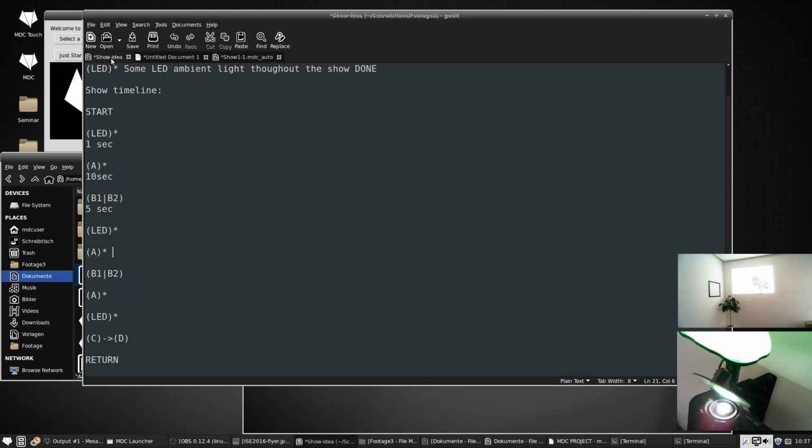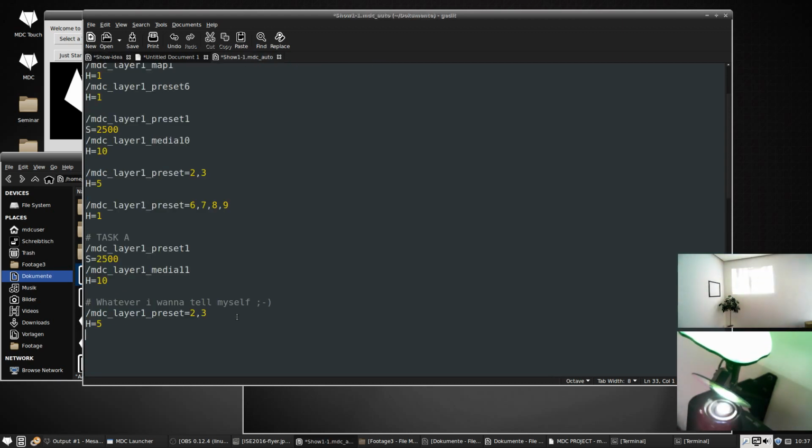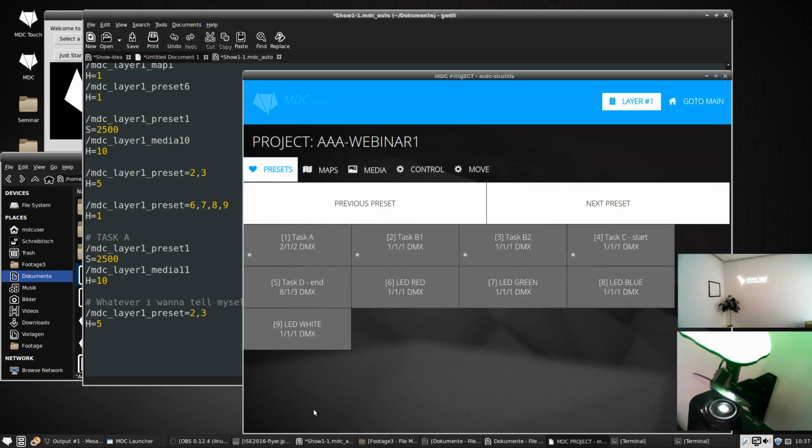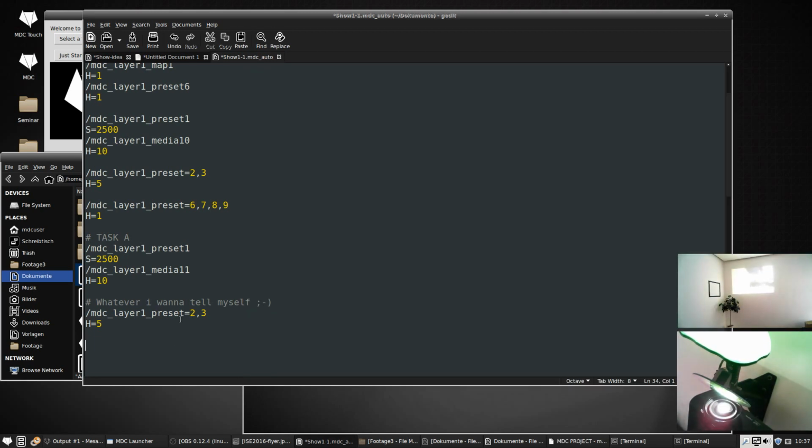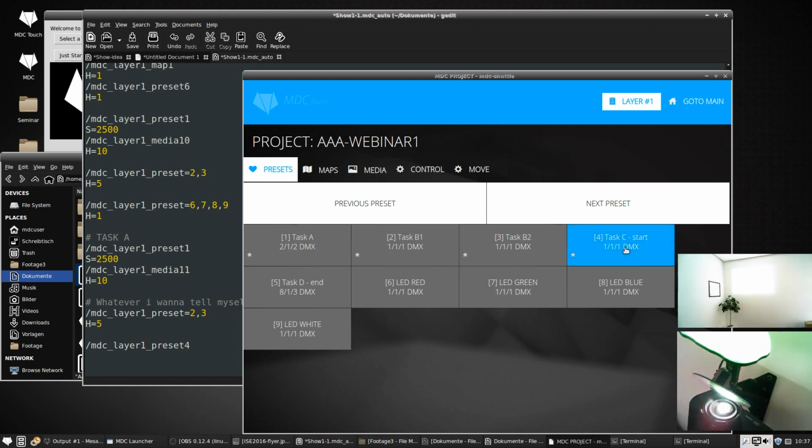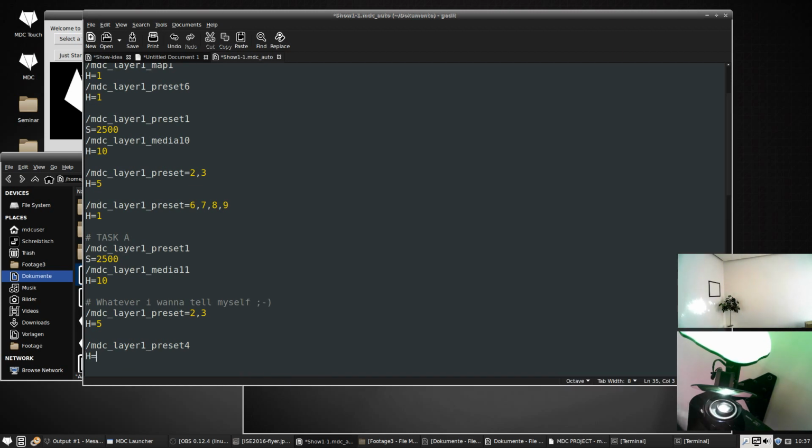The last thing, I've only imported 2 main videos, so I do a shortcut. The next thing we want to realize is 2 or 3. This is our main effect, and now we do our movement position. It's from task Z to task D. So we call preset number 4. That's the butterfly start position. Let's check it. We go to our butterfly start position here. Then let's say we wait there for a few seconds, and then we call